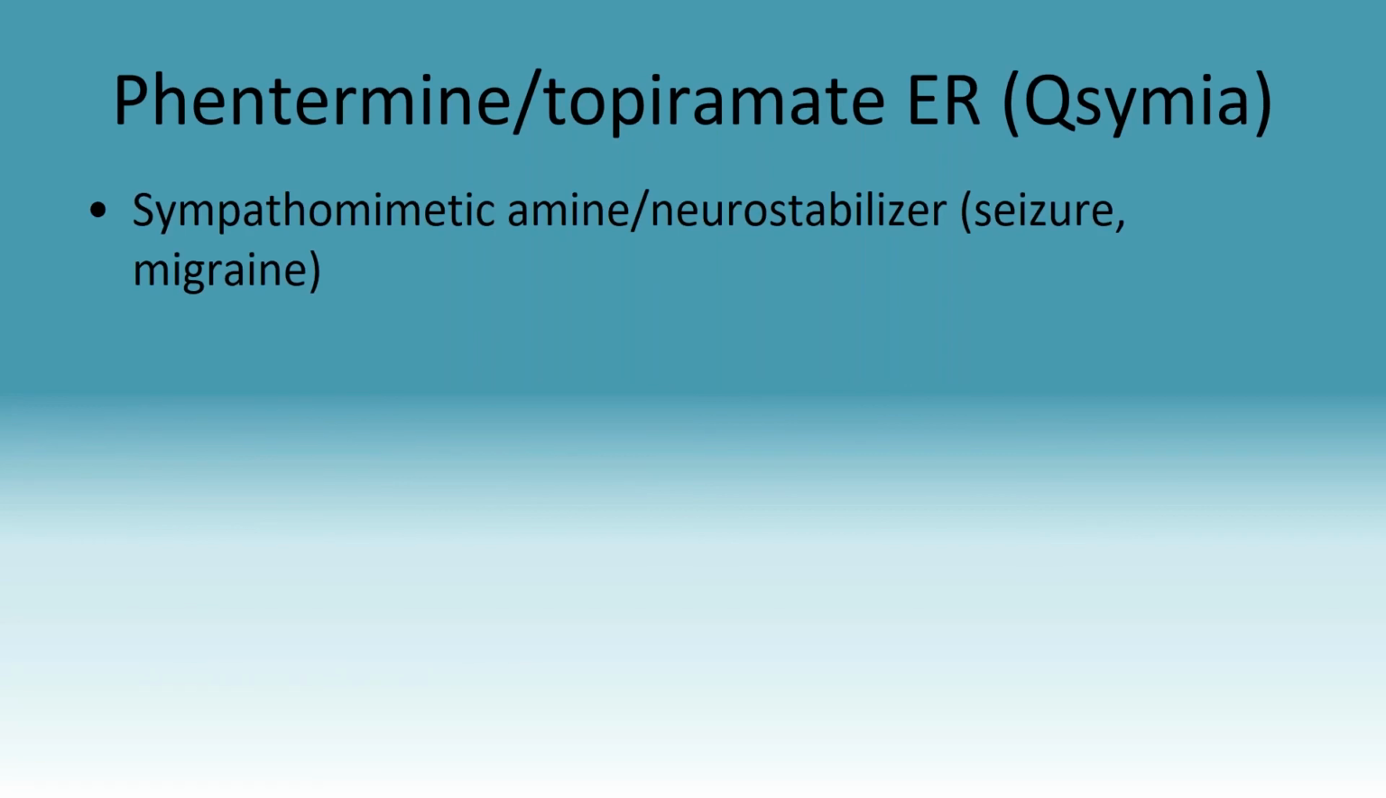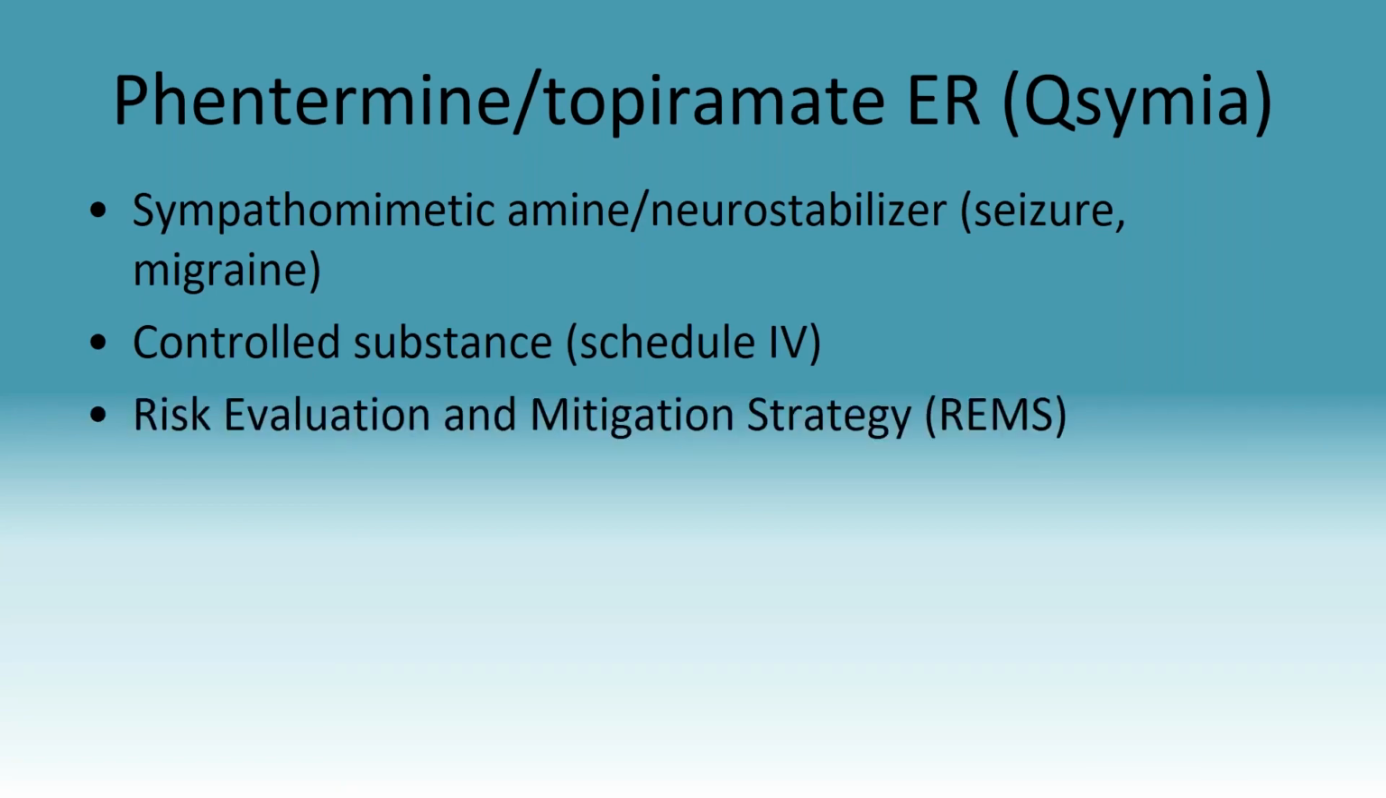Phentermine and topiramate is marketed as Qsymia, so this is a combination of phentermine, which we saw before, and the neurostabilizer seizure medication or migraine medication topiramate, or Topamax. And notably, these are both in extended release form, which is not the form in which you can otherwise acquire phentermine. This is a controlled substance as well, and it is also included in the Risk Evaluation and Mitigation Strategy,